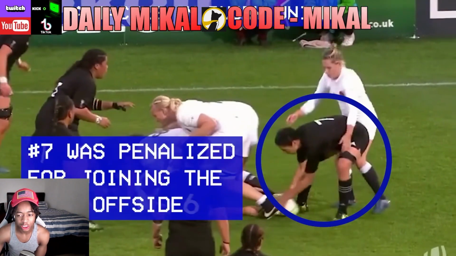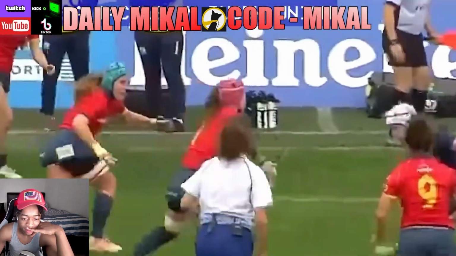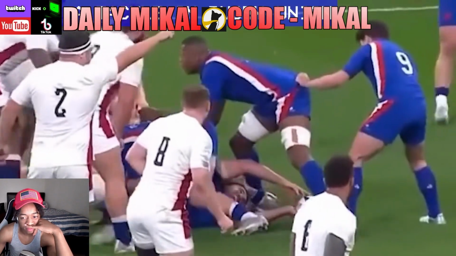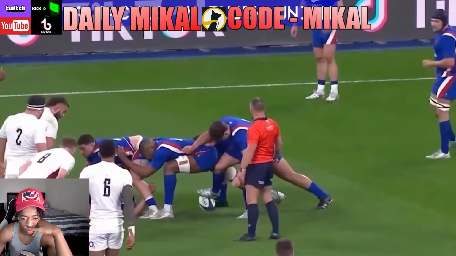The most significant rule, maybe, is that players are not allowed to place their hands inside the ruck, which means that players need to use their feet to bring the ball to the back of the ruck, and or players need to physically push